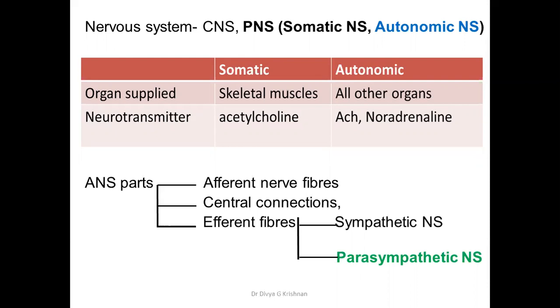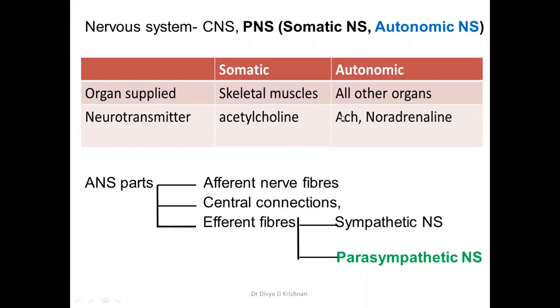That is, nervous system is divided into two parts, that is central nervous system and the peripheral nervous system. The peripheral nervous system is again subdivided into the somatic nervous system and the autonomic nervous system. Somatic nervous system, all of you know, they supply the skeletal muscles, and the neurotransmitter which is important here is the acetylcholine. On the other hand, the autonomic nervous system supplies all the other organs, and the neurotransmitter involved are